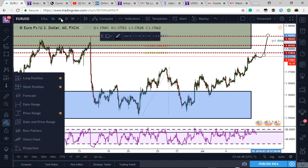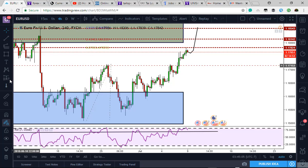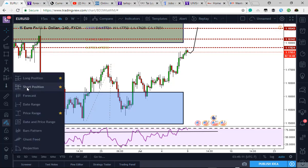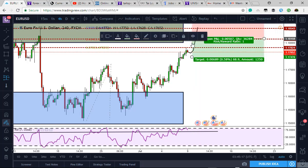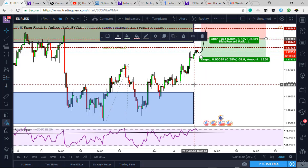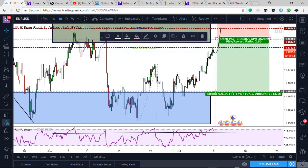Okay, let's switch to the 4 hour. Say we do get all our filters and all our confirmations, and this is how our trade will look. We're looking for a certain opportunity. Say we get that opportunity at our 1414, and then this is what we'll be looking for. This is where we will be looking to ride the trend, where you back down to this level of structure, and this offers us a total reward of 197 pips, and our risk will be